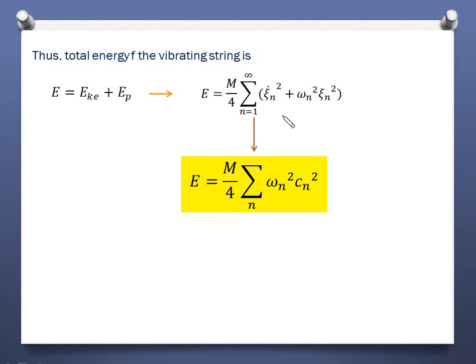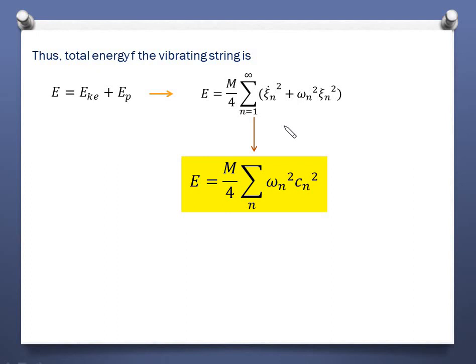which finally looks like this, because this contains the sine square, this contains the cos square, and the common factor will be omega n square cn square. So if you take the common omega n square cn square, then you will be left with sine square omega nt minus phi n plus cos square omega nt minus phi n. So that will be the one. So this is the final expression. Please try to do it by yourself also, so that you will gain confidence. Just by looking is not enough. And so this is the final expression.